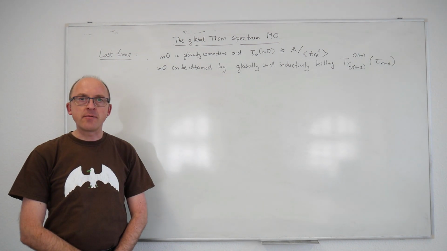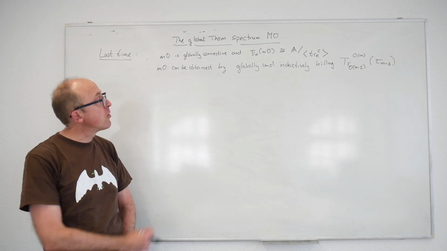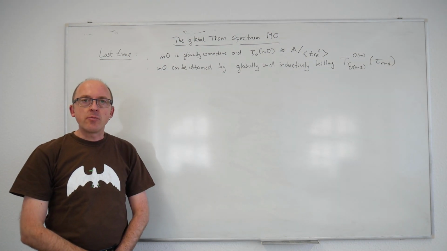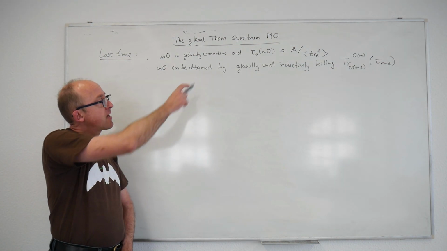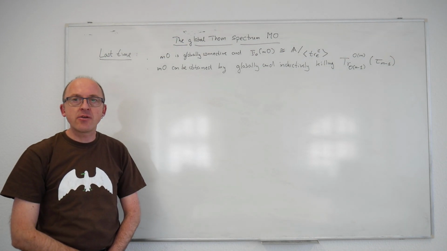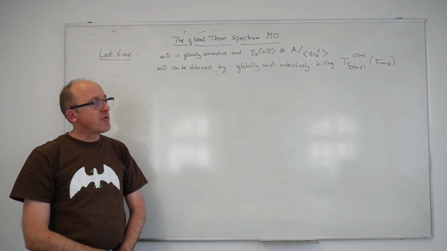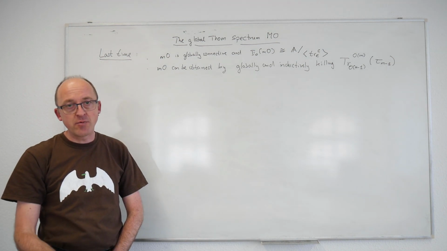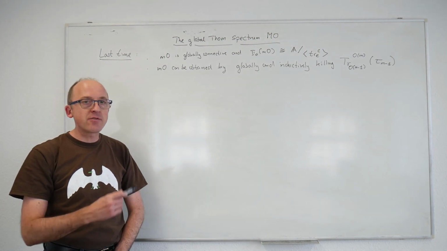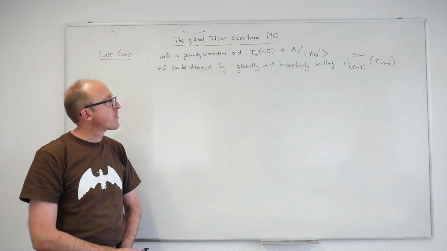Welcome to lecture number 10. I devoted the last two lectures to the discussion of a certain global refinement that I denoted little m capital O of the unequivariant Thom or Bordism spectrum, which is traditionally called MO. In the last lecture I showed that little m capital O is globally connective, and I calculated the zeroth homotopy group global functor. It is cyclic as a global functor, so it's a quotient of the Burnside ring global functor by a single relation, but in the global sense, namely that the transfer from the trivial group up to the group of two elements, also known as the group O of 1, is trivial.